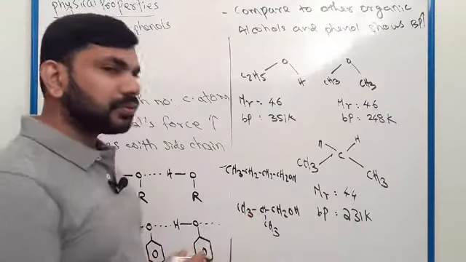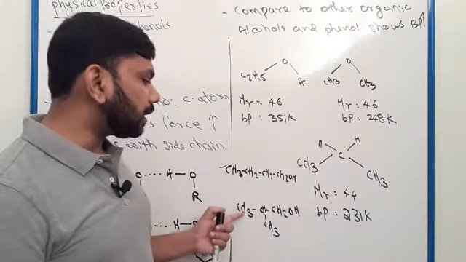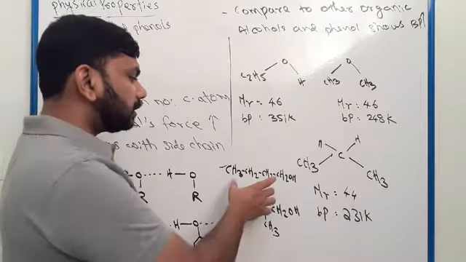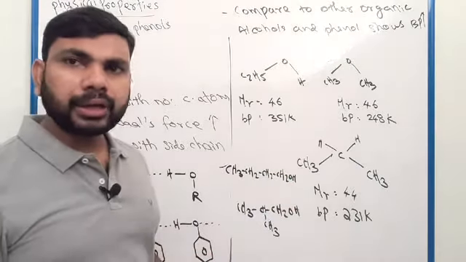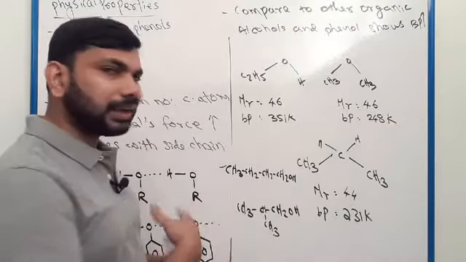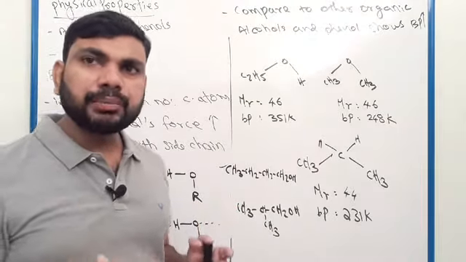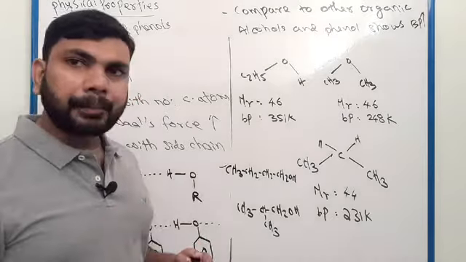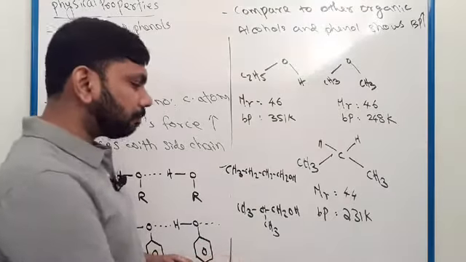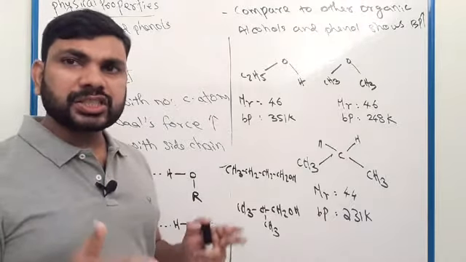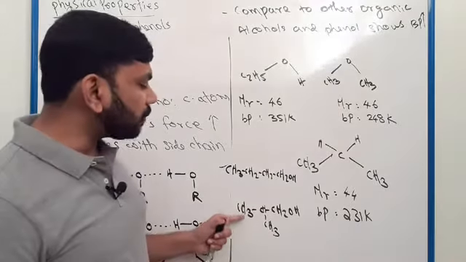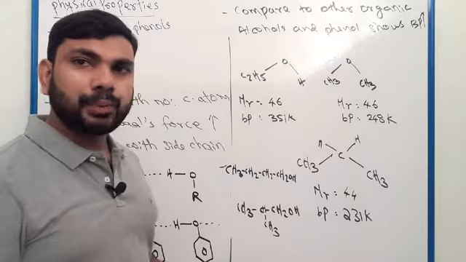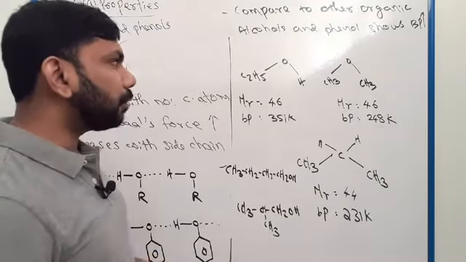Both contain the same number of carbon, hydrogen, oxygen atoms, but here the chain molecule shows higher boiling point, because this type of molecule shows higher van der Waals force of attraction, so it needs more energy to break the force of attraction. So chain molecule shows higher boiling point compared to branched molecule. In branched molecule, less charge separation is possible, so van der Waals force of attraction will be less. That's why branched molecule shows lower boiling point.